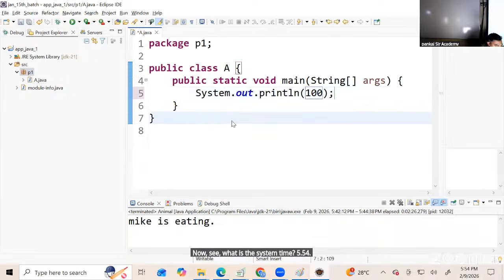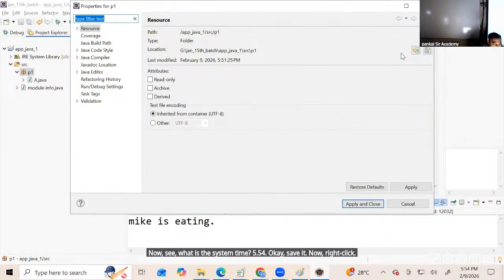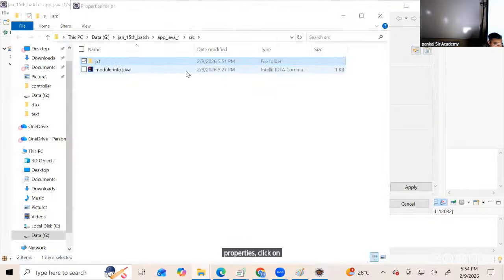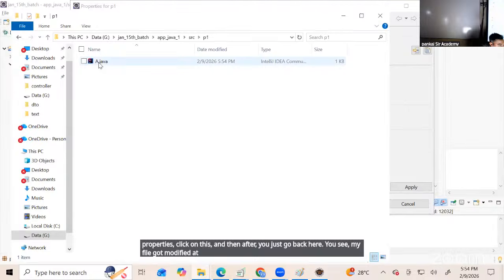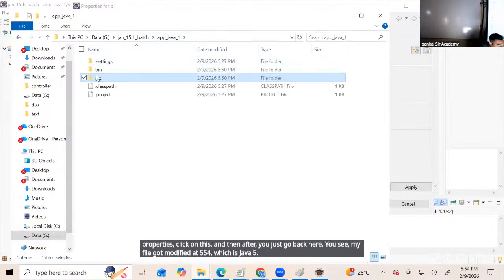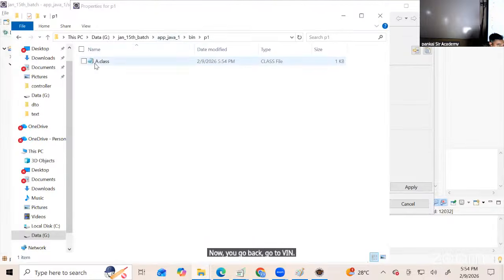5:54. Okay, save it. Now right click, properties, click on this, and then go back here. You see my Java file got modified at 5:54. Now you go back, go to bin, go to P1, and the .class file is also modified at